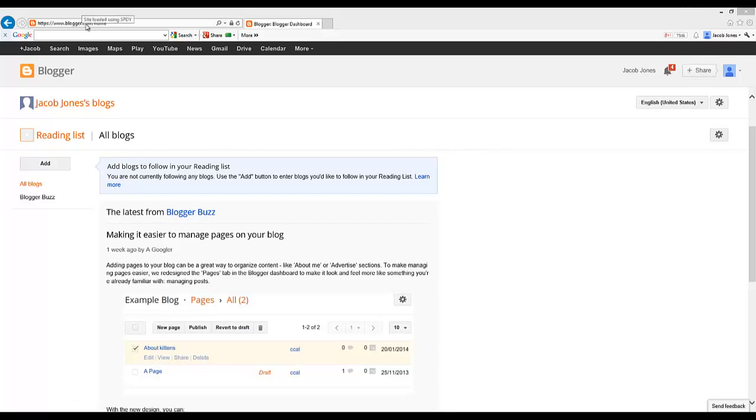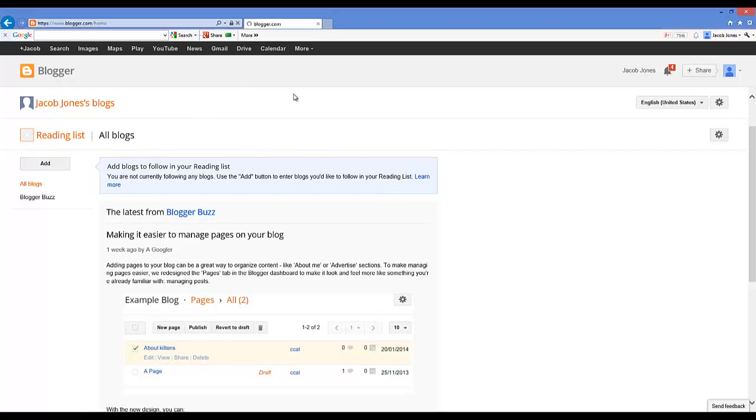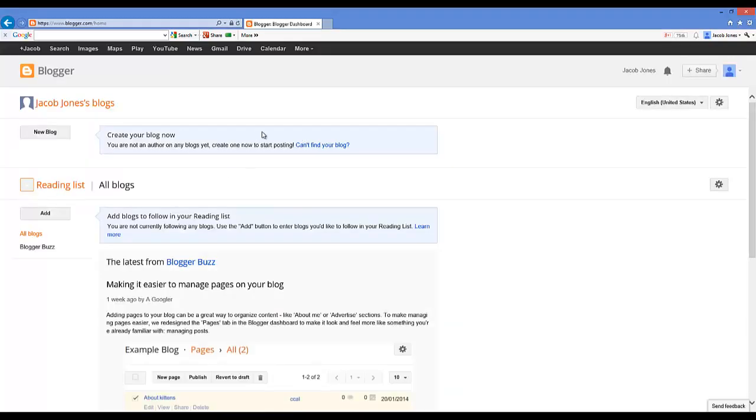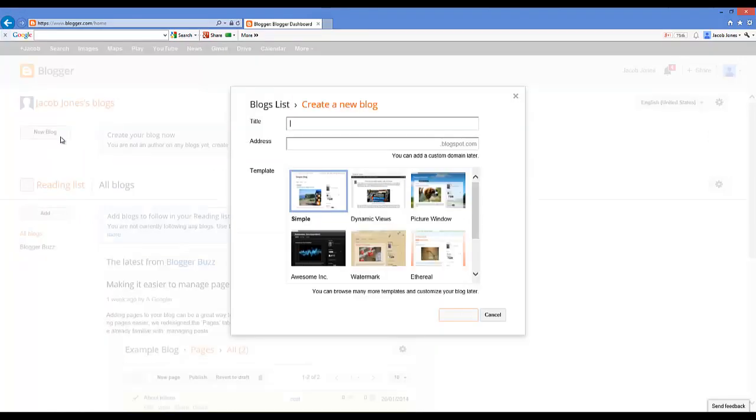What you want to do is go to blogger.com, and if you already have a Google account and you're already logged in, it's going to come to a screen that looks similar to this. It's going to ask me to create your blog, so I'm just going to choose new blog. Let's say our blog is all about improving golf tips, so it's going to be a golf improvement blog. Let's target a good keyword here: improve your golf score,